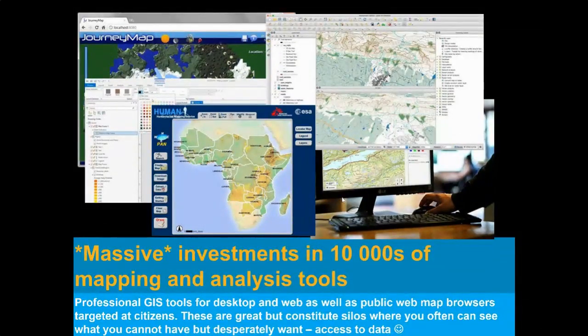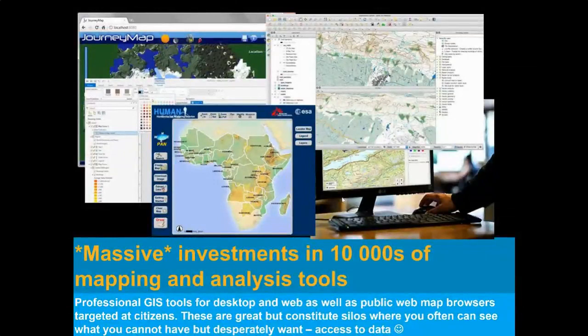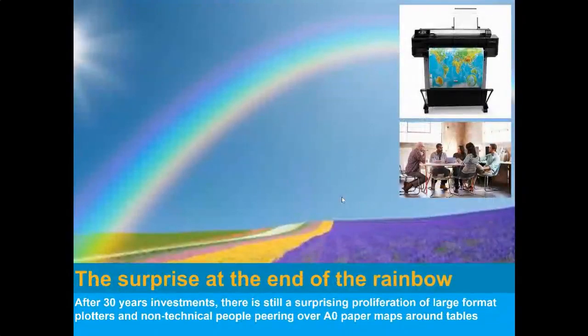And these are, of course, very nice. They have made these data much more available, but often they allow us to see what we can't have. We are allowed to look at the data that we would like to have access to and that we'd like to play with, but we're not allowed to get access to them. We can just look at them. So this is sort of a challenge, but massive investments. So three massive investments, and then it is a little bit surprising that after 30 years of such investments,